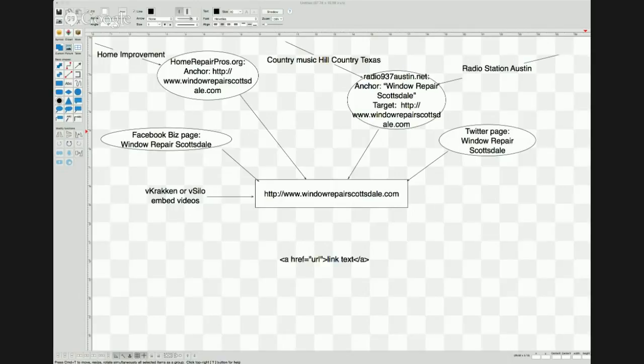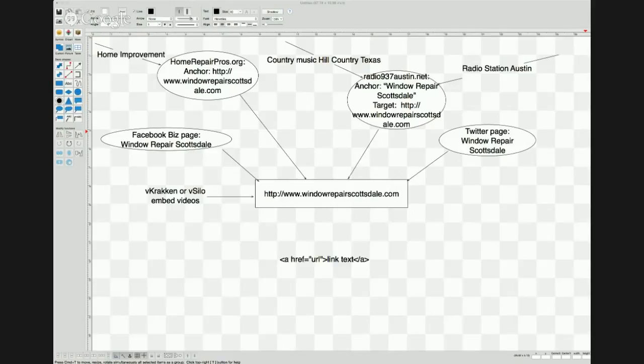Okay, Wayne, follow up to how many pages you build. You said you build up to 15 a day. How do you develop content for that many pages? Oh, I build more than 50 even, Wayne. If I'm building that many pages, though, it's in all likelihood going to be vSilo. vSilo goes out and grabs YouTube videos and descriptions and comments for you, and so it builds your content for you.